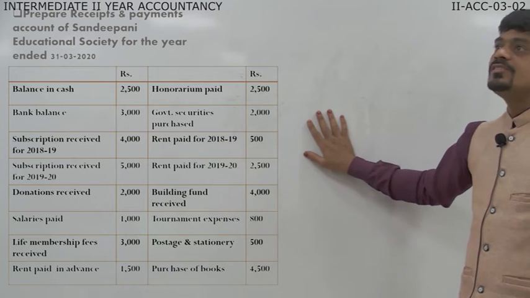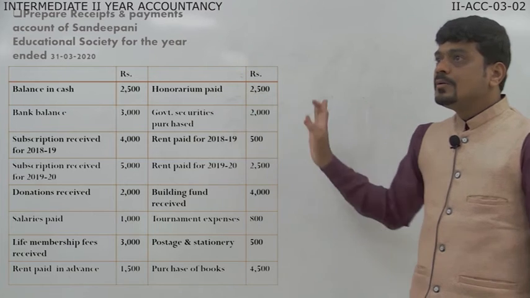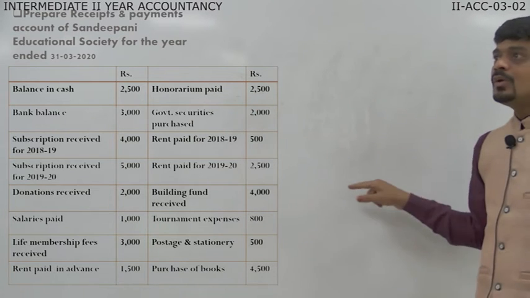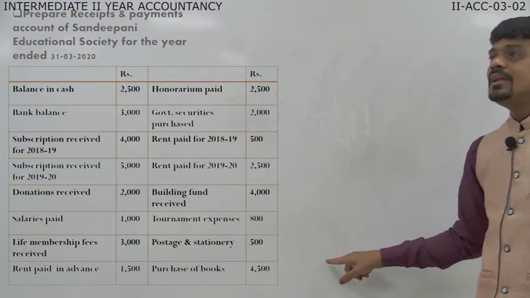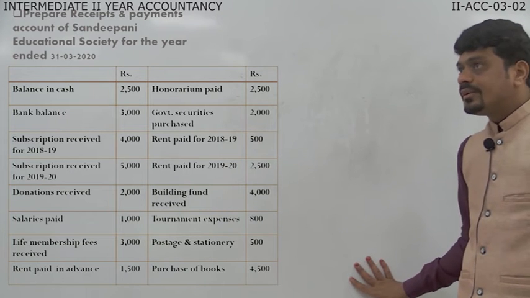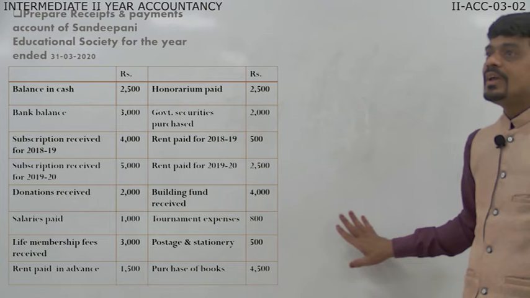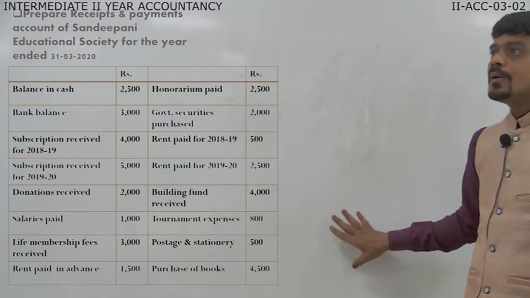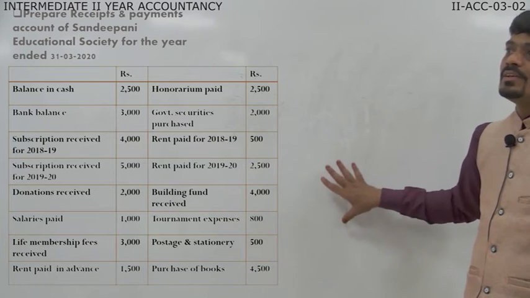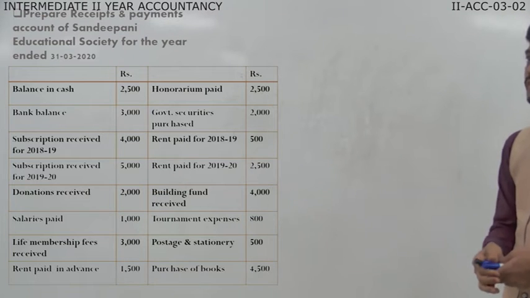In this question, they gave the opening balance of cash, but in the entire question they have not given the closing balance of cash. Means whatever answer we get by solving this question will be the balance of cash, or bank. Nothing is given, so we'll assume only the balance carried down. So how does the solution go?